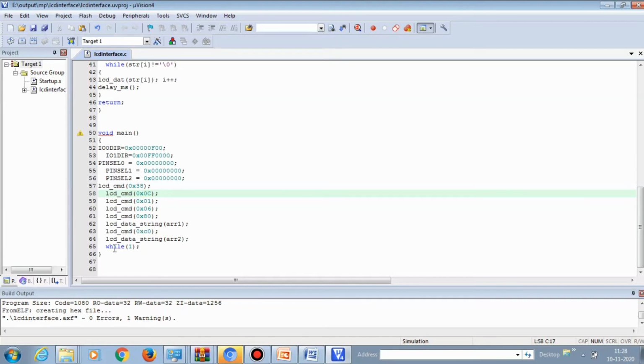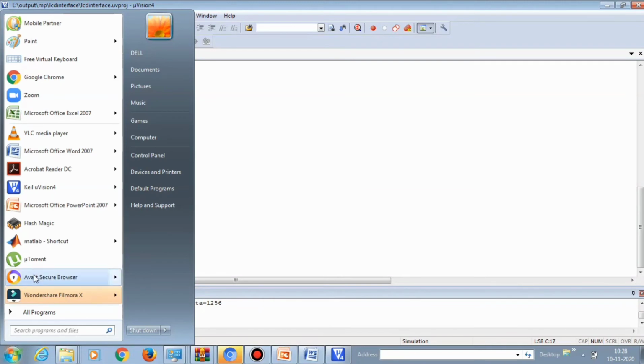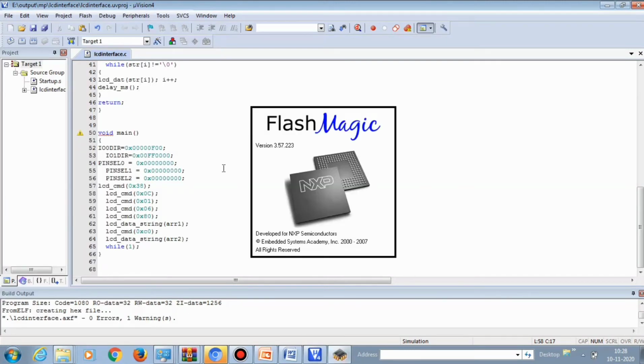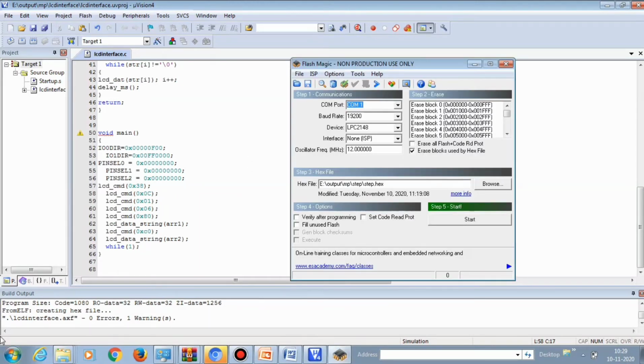Now we are going to download the program into the kit using FlashMagic software. For that, click FlashMagic. And now you can see that in step 1 communications are there, that is whether we are connecting the kit UART port to the system UART port in COM port 1 or COM port 2.